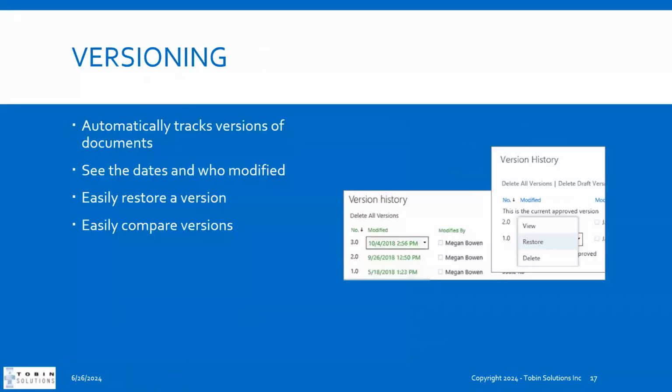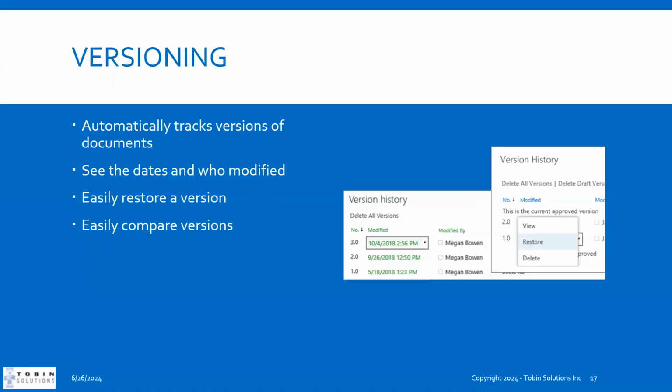Someone asked about versioning, or there were no people in the poll who said they were excited about versioning. This is a super cool feature. A lot of times we do our versioning by, okay, here's this copy of the spreadsheet. Let me do a save as copy 6, and then go back and start the new copy and go from there. You can still do that with SharePoint if you want. If you want to copy a file and save it as another name, you can definitely do that. But what's happening behind the scenes,